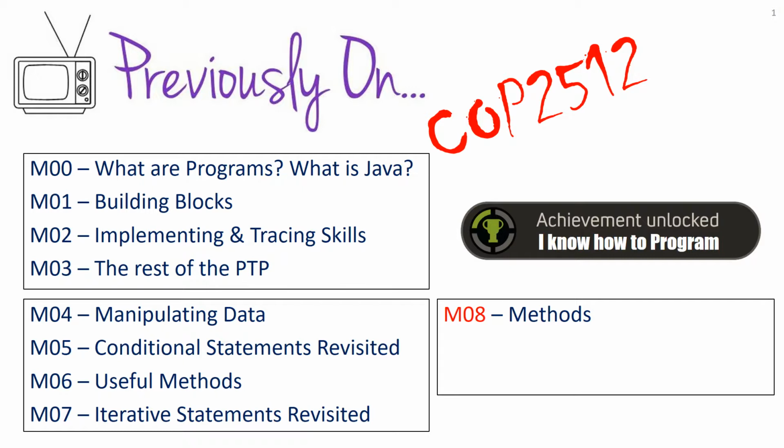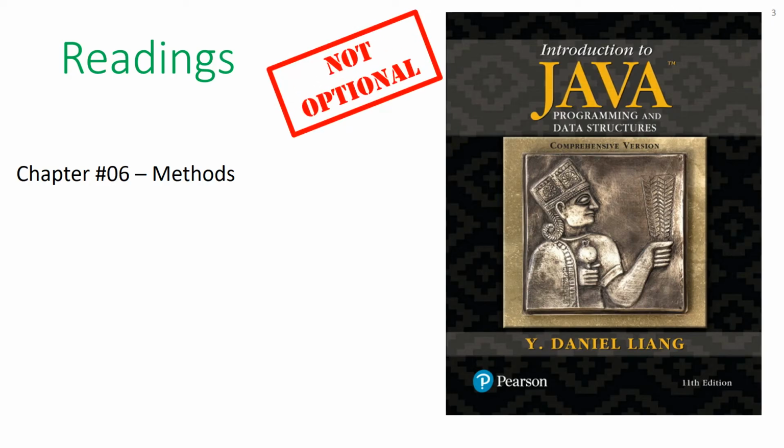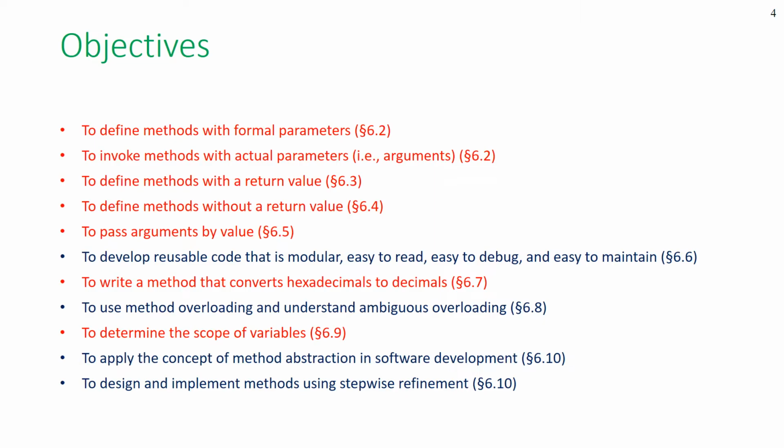So generally what we have time to finish up with is we cover module 9 in detail, and then module 10 is the last module we cover, so I try not to emphasize it too much during the final exam, but we just look at how whatever we learn to do with arrays can be generalized to arrays with many, many different dimensions, okay? So this is the last stretch for this class, okay? So push, you're almost there, you're almost done. Don't give up now. M08 methods, reading assignment, as usual, it's not